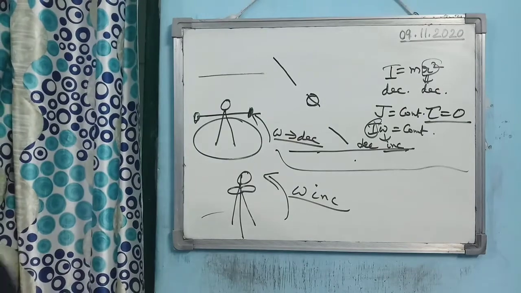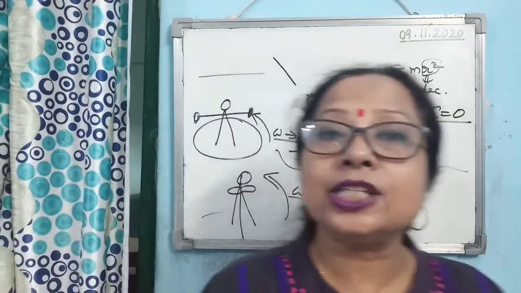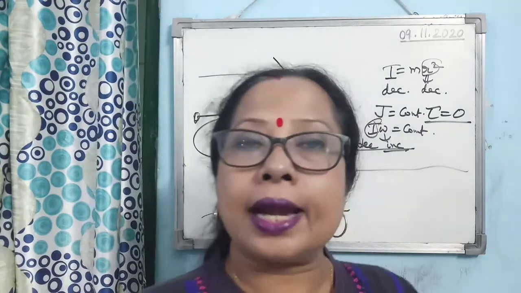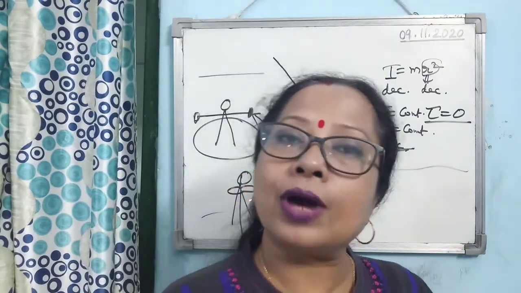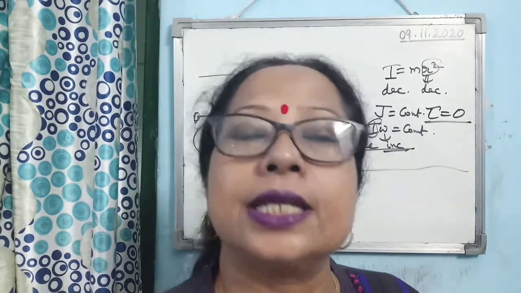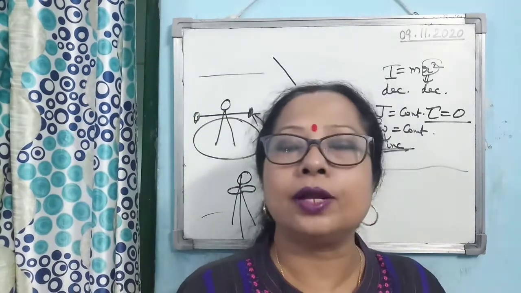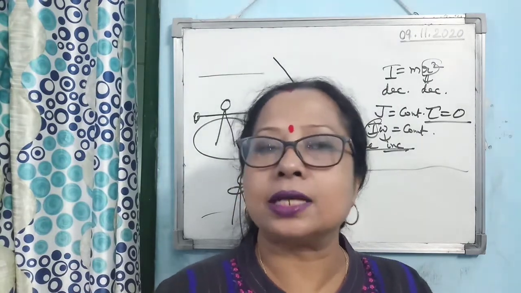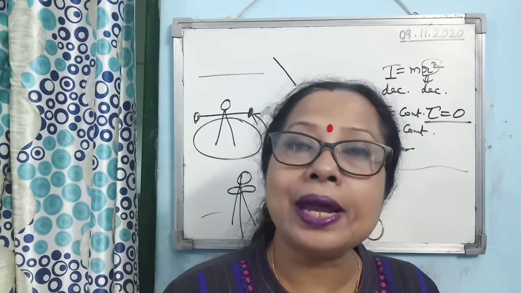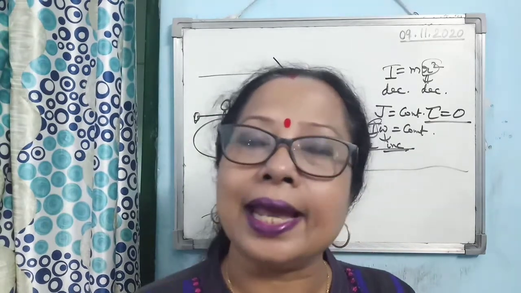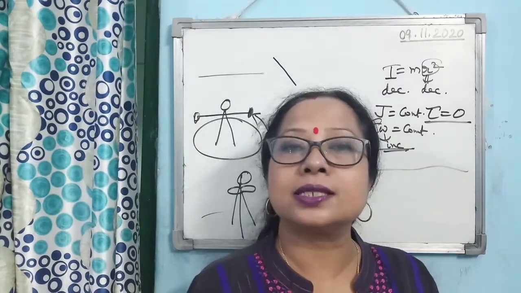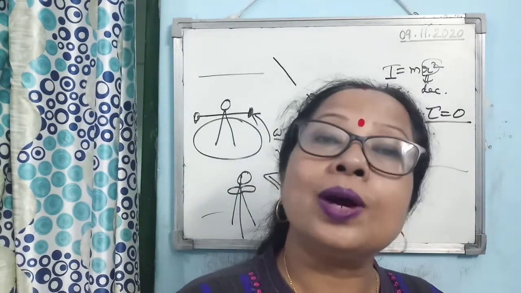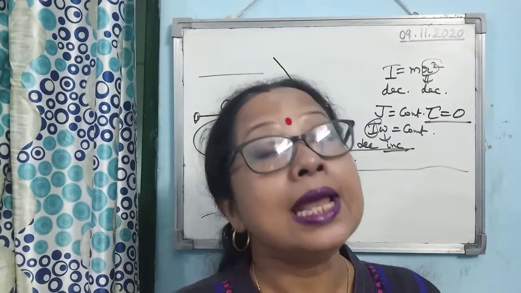Alright, so consider the rotation of the earth around its own axis. You know, due to the rotation of the earth only, the duration of the day changes, isn't it? So that we will solve in the numericals. If the earth shrinks without changing the mass, then what will happen? R will decrease, I will decrease, then the earth will spin faster, meaning the angular velocity of rotation of the earth will increase. Then the duration of the day will decrease.